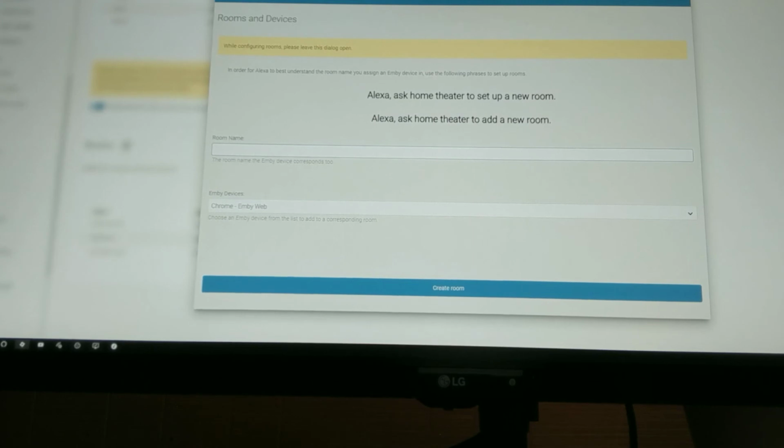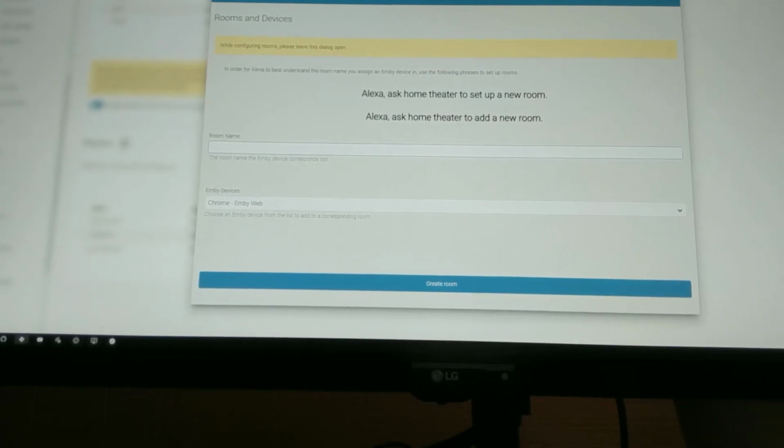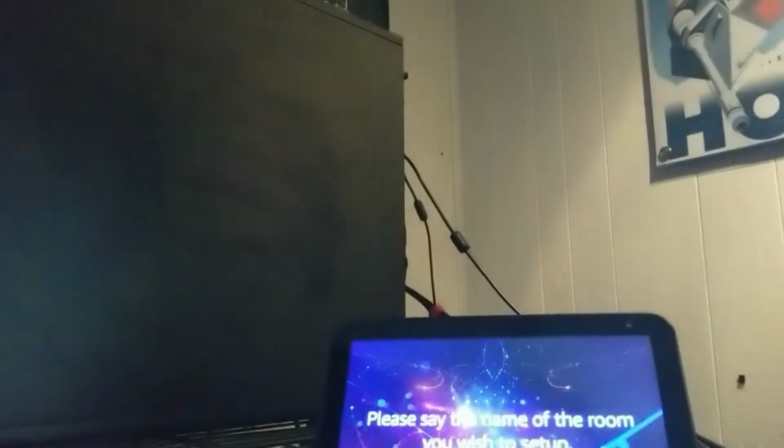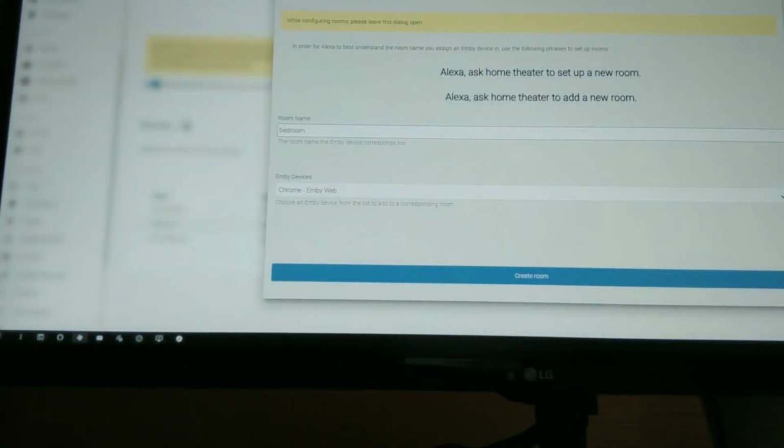Welcome to room setup. In order to best understand the room you request, please say the name of the room you wish to set up. Bedroom. Thank you. Please see the plugin configuration to choose the Emby device that is in the bedroom, and press the